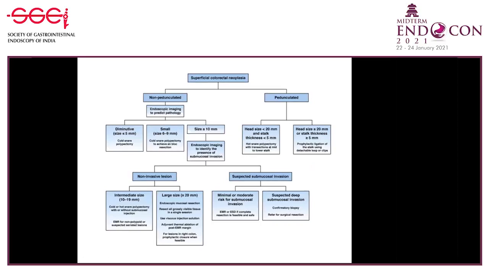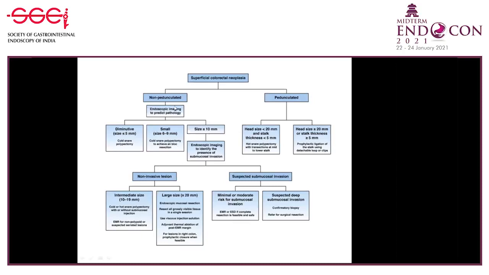This is a little older article. You can also do a Kolsner, based on the stalk thickness. We always prefer a Hartschner polypectomy, but Kolsner is coming into vogue right now, so I want to discuss that later. If the head size is larger or the stalk thickness is more, then do prophylactic ligation of the stalk using a detachable loop or clips and then safely proceed.